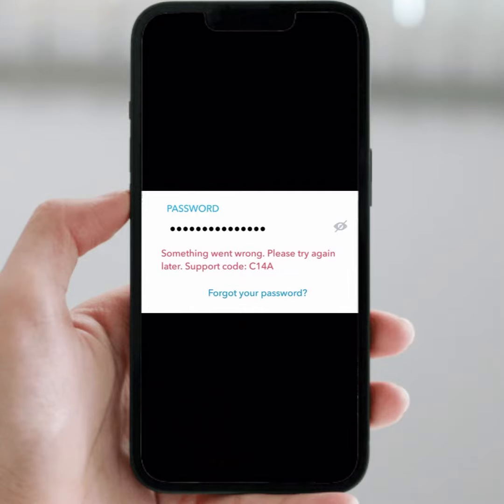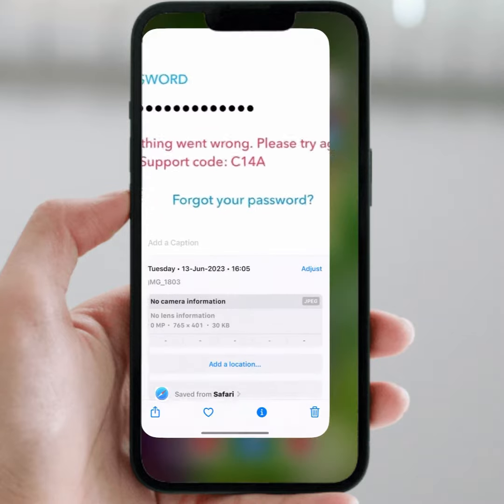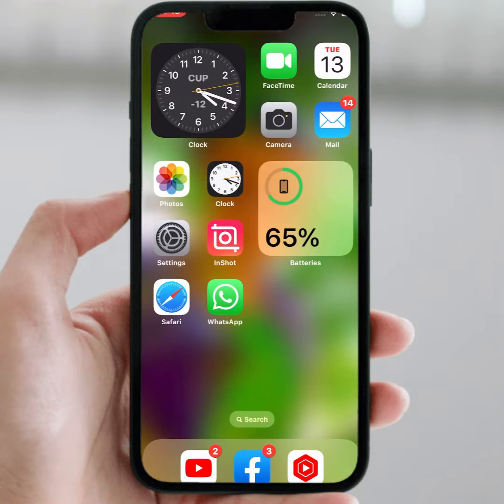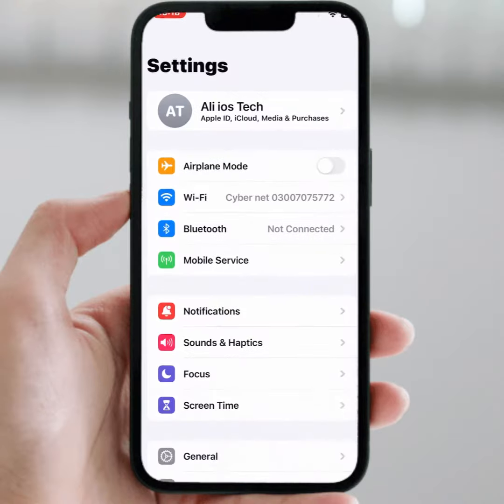So guys, in this video I'm going to be showing you how to fix this type of error on Snapchat, C14A, on iPhone and iPad. So how to fix? First of all, go back to your home screen and open your iPhone or iPad Settings, then